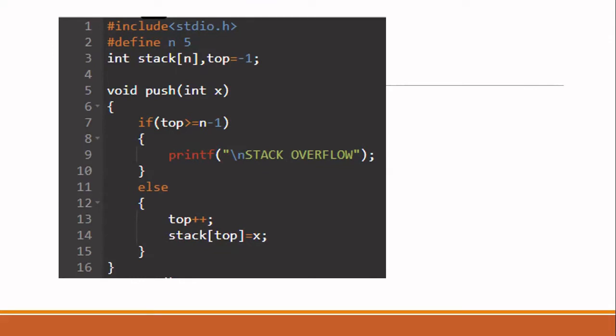While you are pushing, there are only 2 steps you have to follow. First, you have to increment the top. So I am writing now top plus plus. Then in the next line, I have to add the element into the stack. The meaning of adding an element into the stack is that your element is now available at x. Store it in your stack, that is in the array. So I am storing it in the array stack, at the index top. So you should write stack of top is equal to x. This is called push. In case of push, you are simply adding the element into the stack. You are not going to return anything to the user. So the return type is now void.